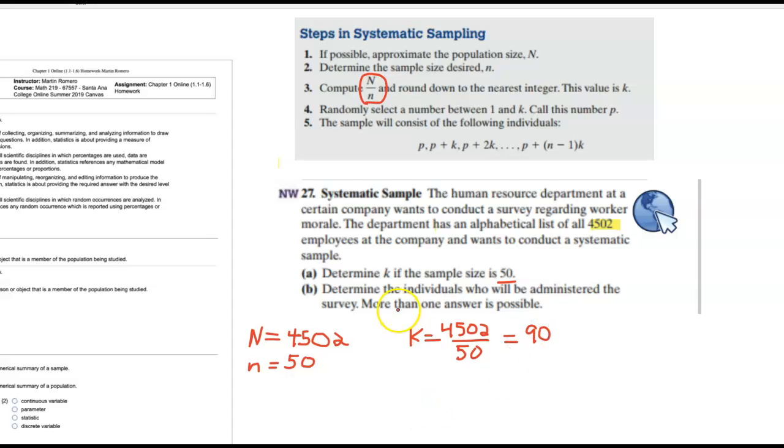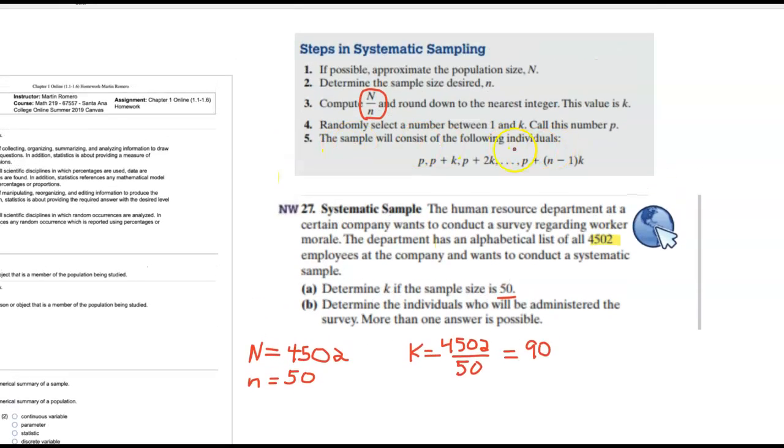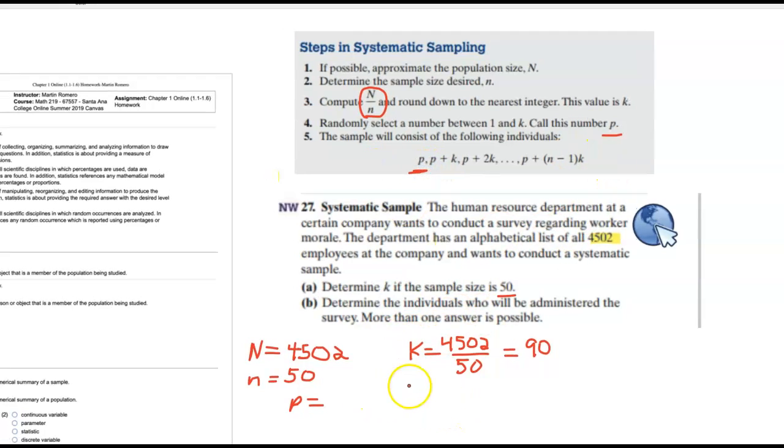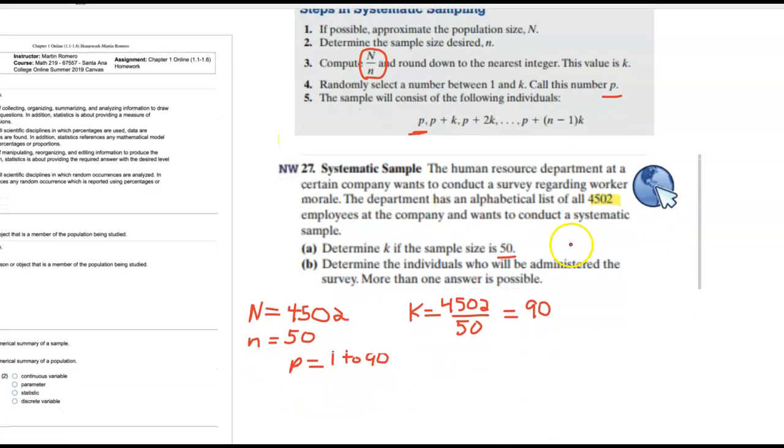And then from here, who do we sample? Determine which individuals. From here, we have to determine the value of P. P is going to be our starting value. This is our first person we sample. In this case, we take a random number from 1 to 90. And here we need a random number generator. I'll show you another one, but